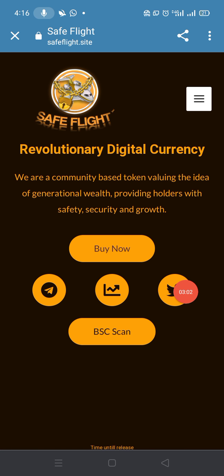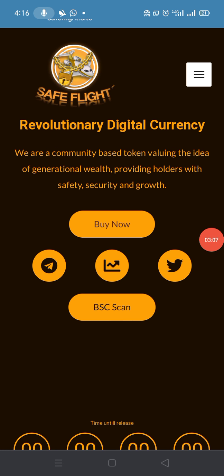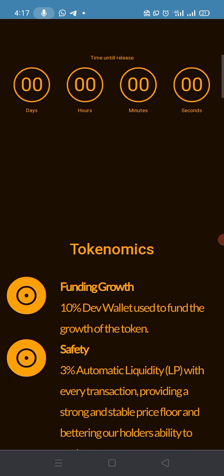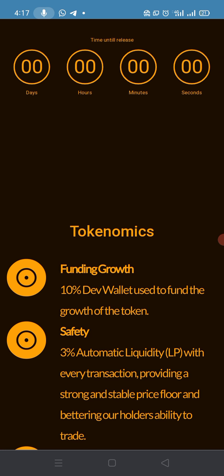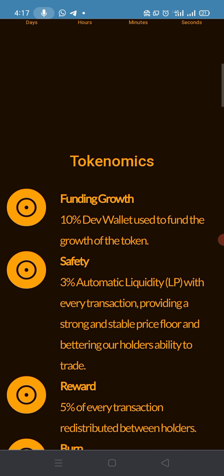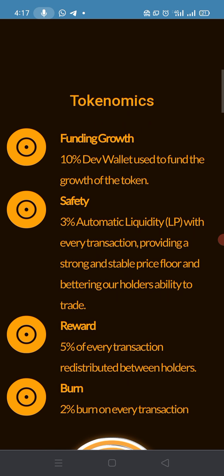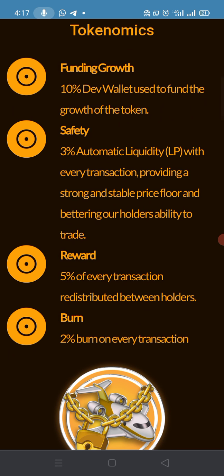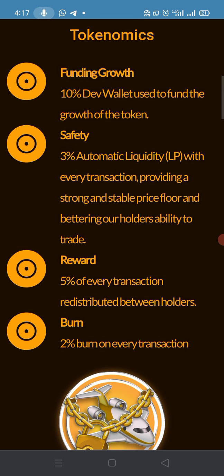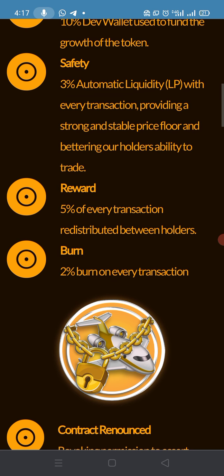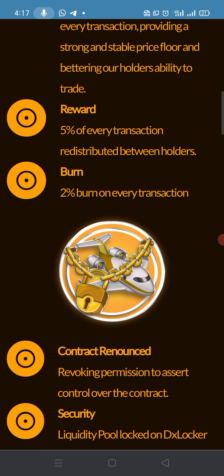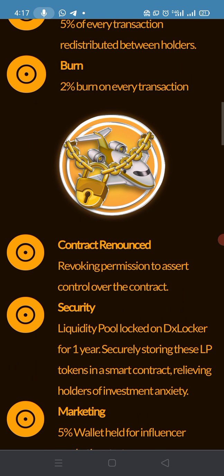If you join and follow them, you can get their updates every day on a single page. Then go to their tokenomics. Funding growth: 10% of the dev wallet is used to fund the growth of the token. Safety: 3% automatic liquidity LP with every transaction, providing a strong and stable price floor and bettering our holders' ability to trade. Reward: 5% of every transaction is redistributed between holders. Burn: 2% burn on every transaction. Contract renounced,